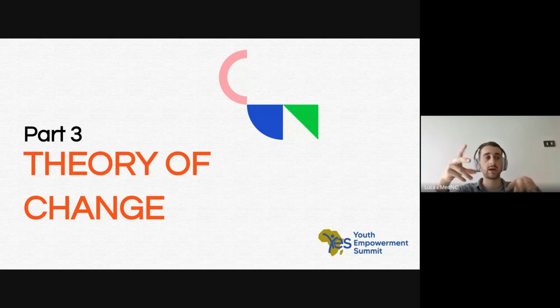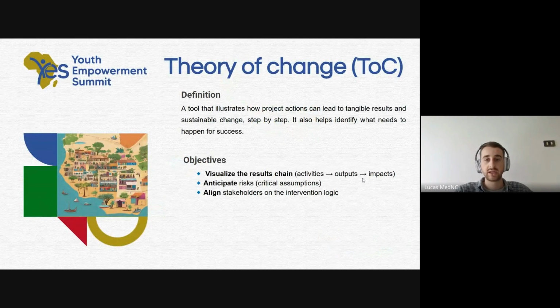It shows that you are thinking about how you can change things. You'll see, I'm going to show you. So first off, theory of change, as we also say TOC, is a tool that illustrates how project action can lead to tangible results and sustainable change step by step.